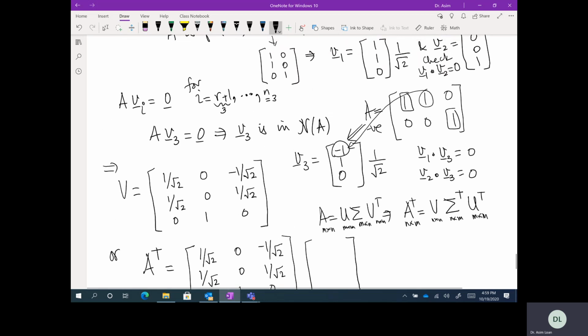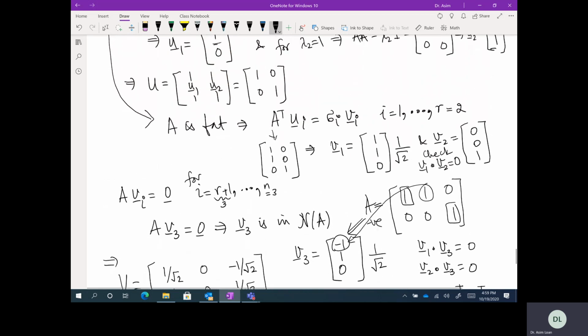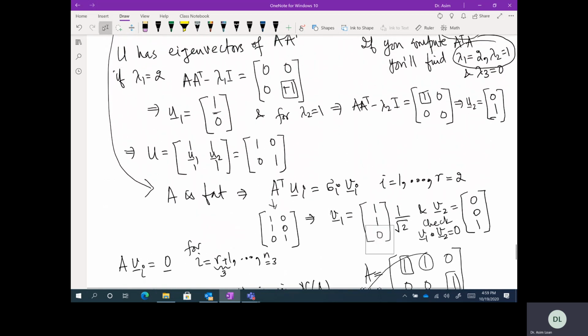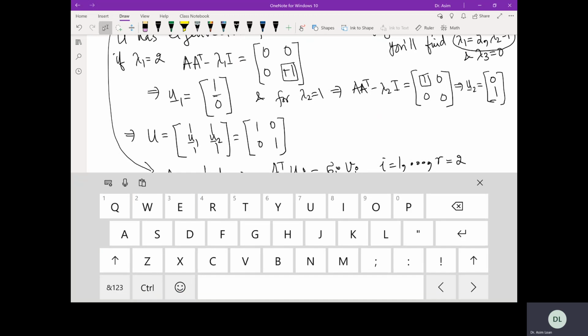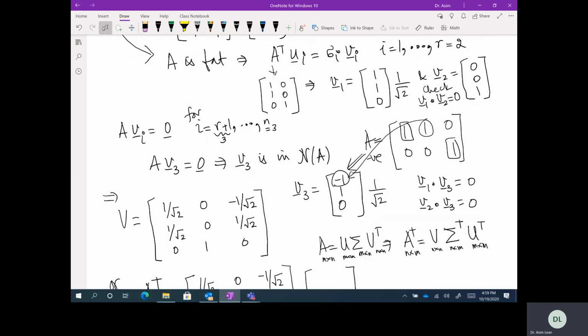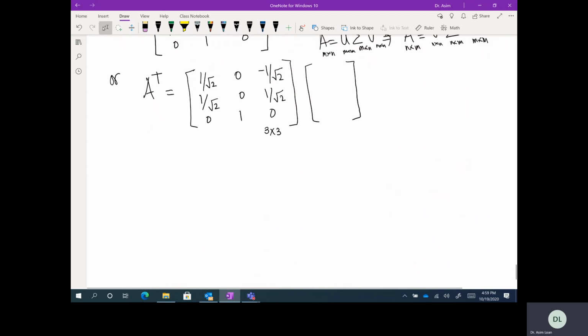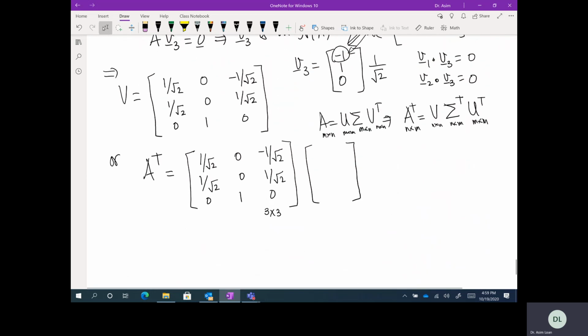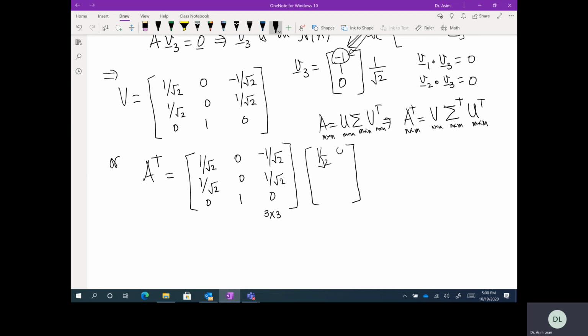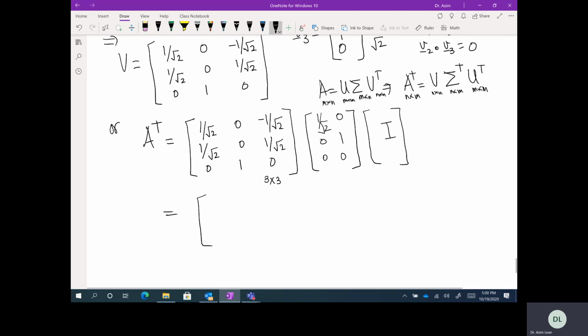It's 2 or under root 2. It's sigma i. Sigma 1 is under root 2 and 1. So it's 1 over under root 2, 1 over under root 2, 0, 0, 1, and then 0, 0 over here, right? And then we have I, this is I, so it doesn't make a difference. So this is I. So if I multiply this out, this is going to be equal to